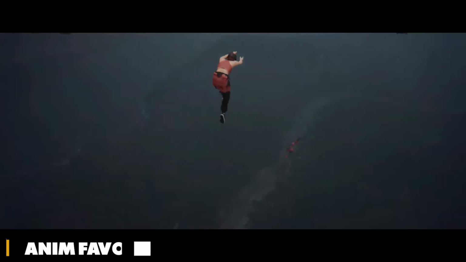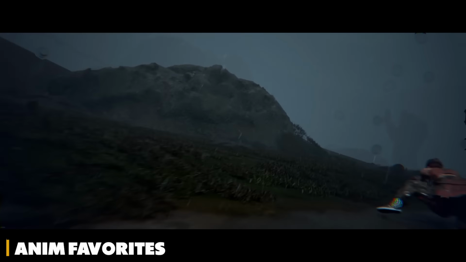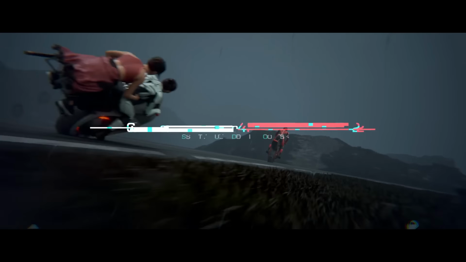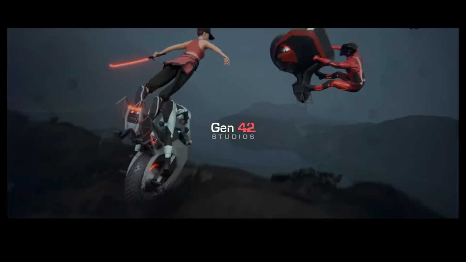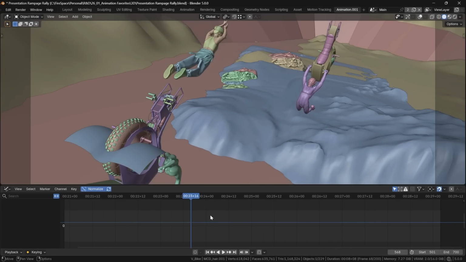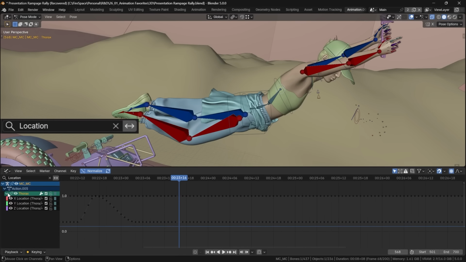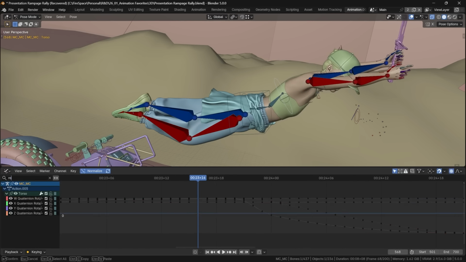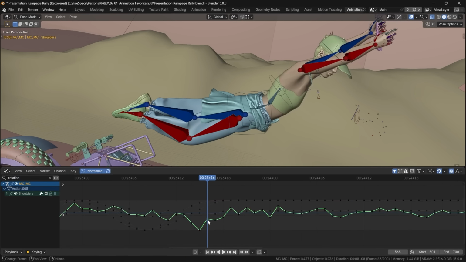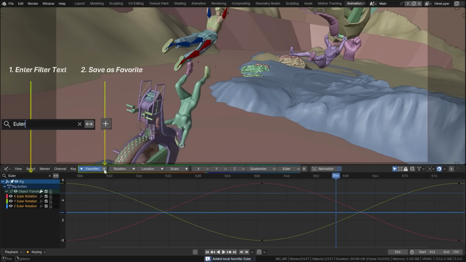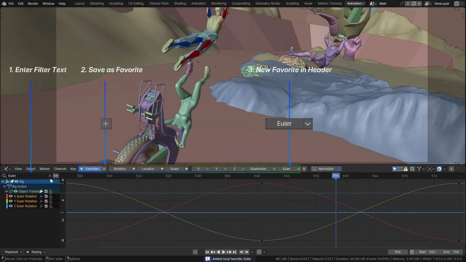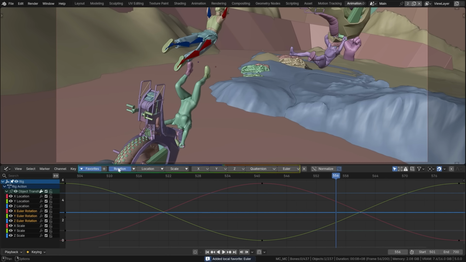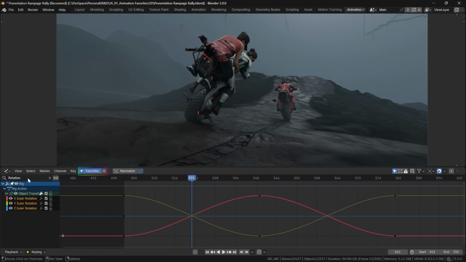Still with animation, there is a new add-on called Anim Favorites. Anim Favorites is trying to make your animation workflow practical. I mean, it doesn't try to change how you animate, it just tries to stop you from retyping the same graph editor or dope sheet filter strings 500 times per shot. The core mechanic is actually simple. Save filter tags as clickable favorites directly in the editor header, then reapply instantly,